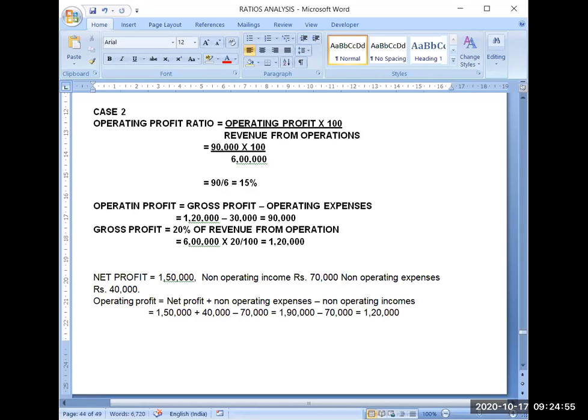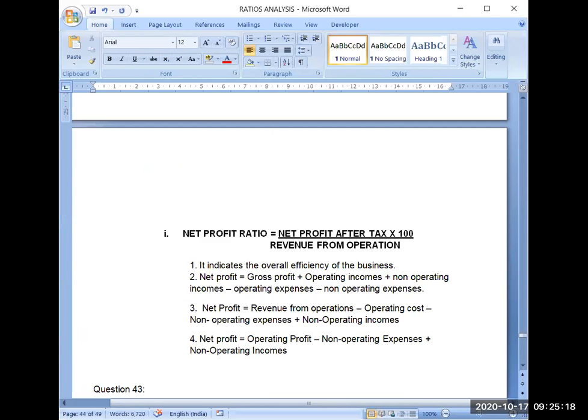So there are various ways of calculating net profit, operating profit. And when you practice many numericals, only then will you get clarity on this concept. And we also need this exercise at the time of the cash flow statement when we will be calculating cash flow from operating activities. These concepts will help you there also. Okay, now coming to the next part,